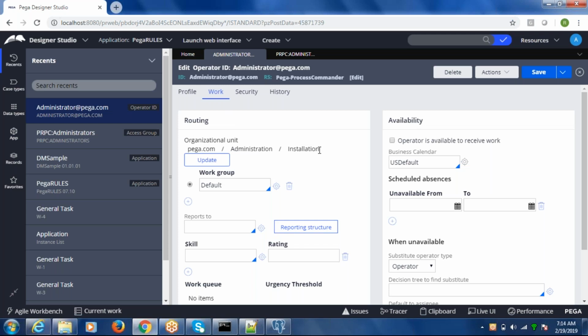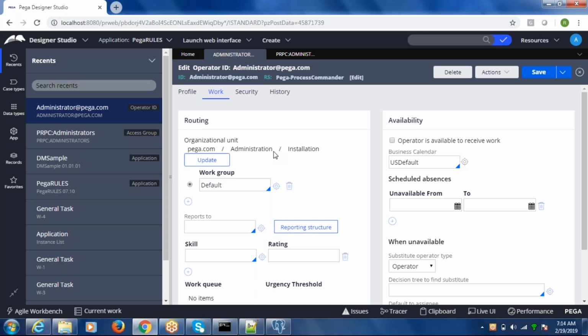These are three different terminologies: organization, division, and unit. Let's say the organization name is ABC. You are working for an organization called ABC, and in that you are specifically working for a division.